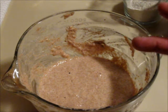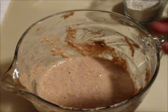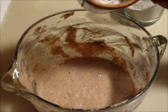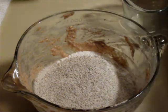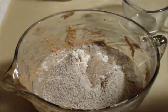You've got to feed it twice that day, once in the morning and once in the evening. In the morning, feeding between 6 and 9 a.m. and then the evening between 6 and 9 p.m. But this time we add half a cup of white all-purpose flour, 1/2 cup of rye flour, and 3/4 cup of warm water, again about 85 degrees. That is the morning feeding, and from here on out, that's the ratio you use for feeding. Tonight I will use the same ratio, feed it, put it to bed,